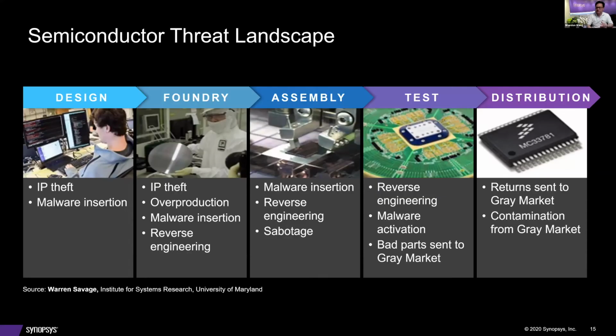Here's an example of various attacks that can happen in a typical semiconductor supply chain. IP theft happens early in the development life cycle. Reverse engineering, probably after we think the IP has been safeguarded, right? And finally, a complete lack of security measures can lead to financial losses and even sabotage of the whole system.